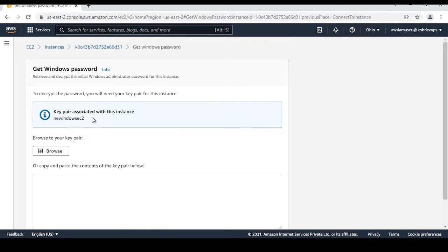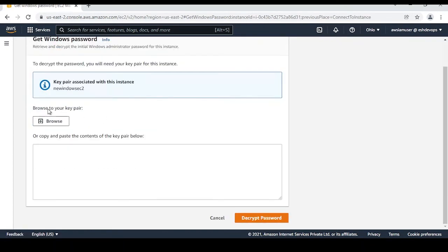Once you click Get password, it asks you to browse to your key pair or copy and paste the content of the key pair. Basically this is the key pair which you created at the time of deploying the Windows machine, and we gave it the name new Windows EC2 instance. This key we have to use to decrypt into the password.